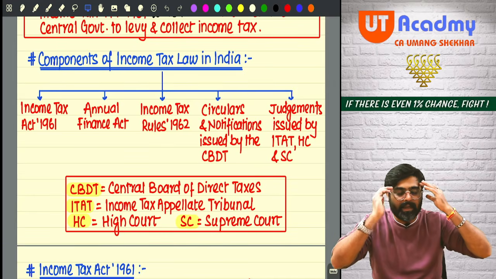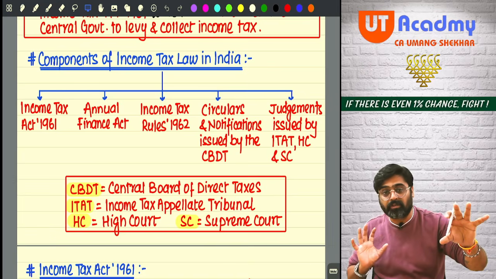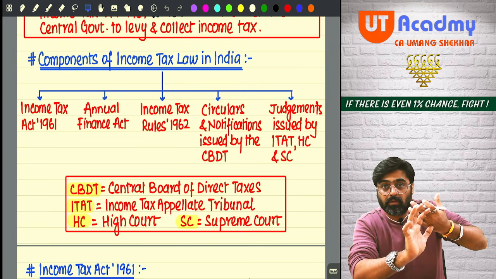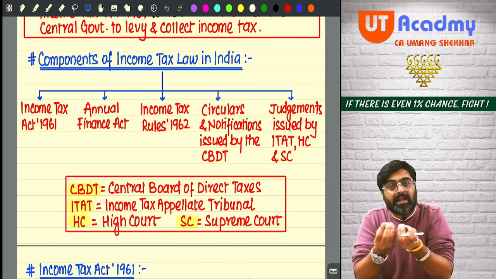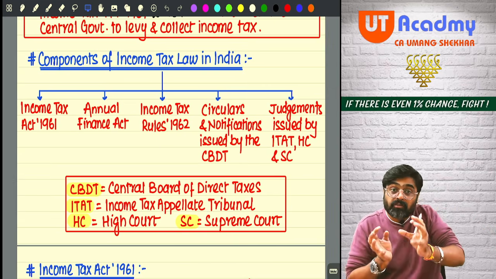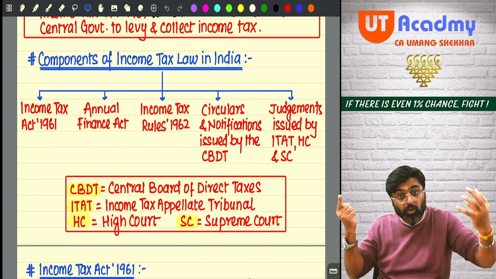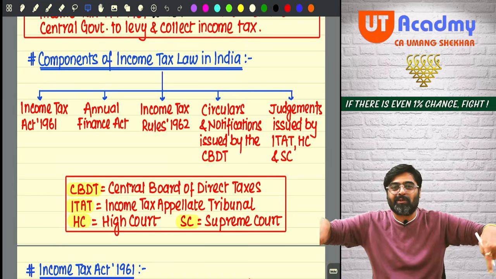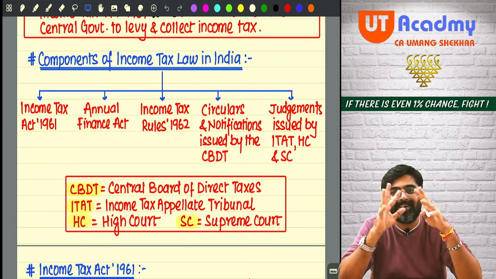You cannot just read the Income Tax Act and go, because you will have to read the latest Income Tax Act along with the rules, along with the notifications and circulars. And to have a proper understanding and interpretation of any provision, some court judgments might also help you to understand the provision. So those court judgments are also supposed to be learned. Only if you study all these things can you say that you are learning income tax law in India.